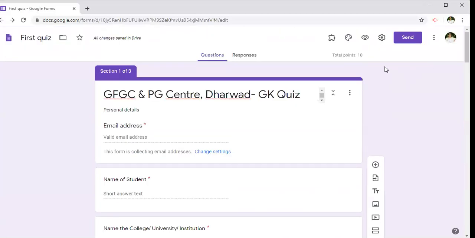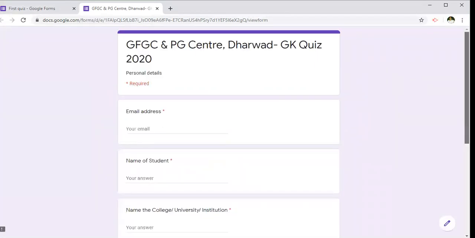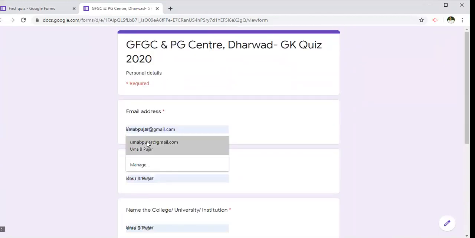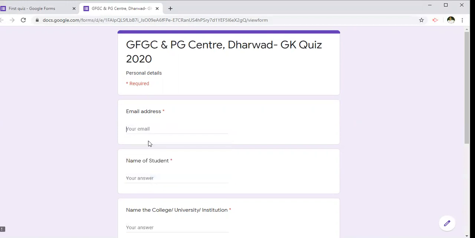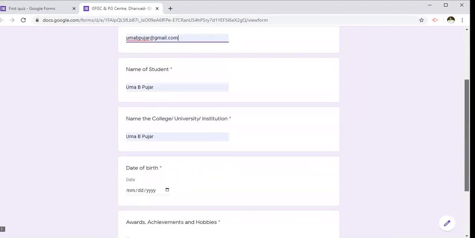Now we'll go for this preview button. When we go for this preview button, it shows how the quiz form looks like. So let me enter my Gmail, umabpujar@gmail.com, name of the student Umabi Pujar.